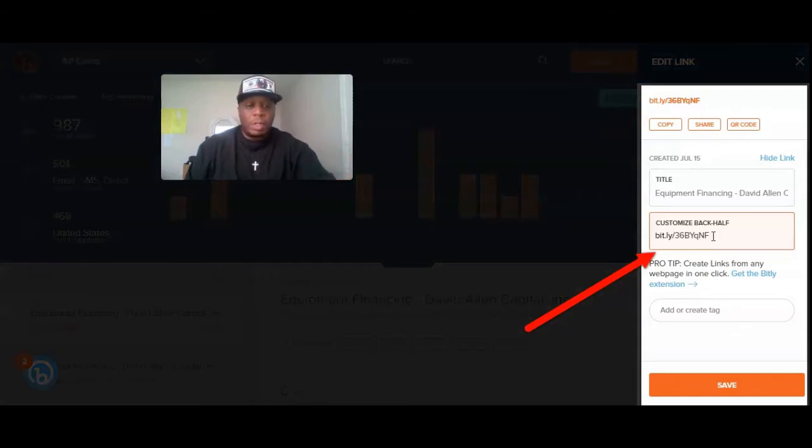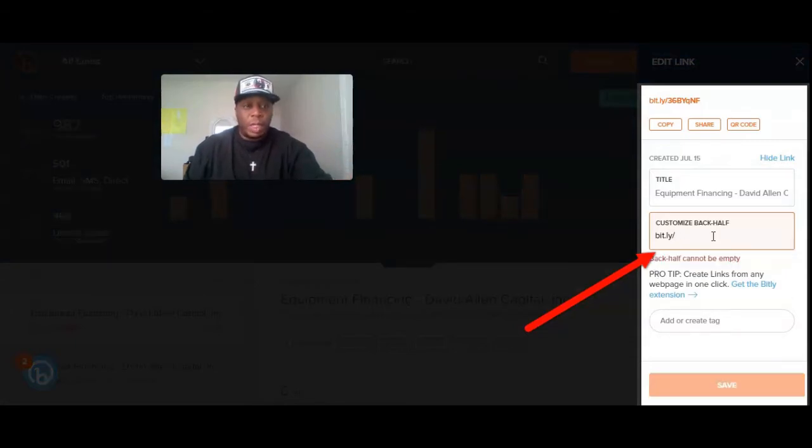In the back half of the link, you are masking the company link with what you want to describe the link to be. Because this is equipment financing, I would do